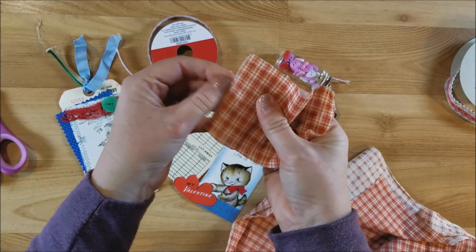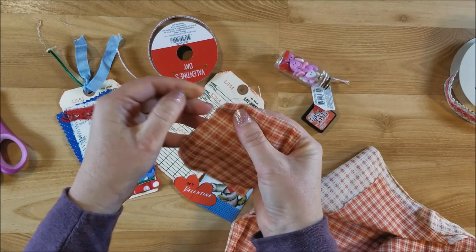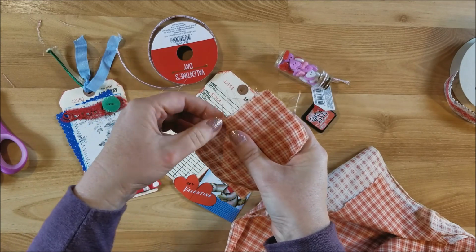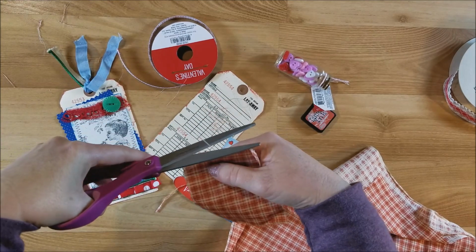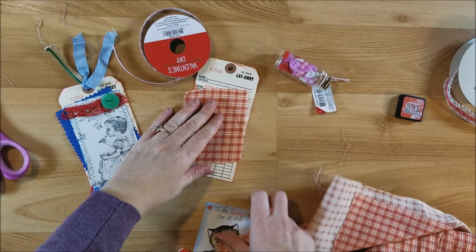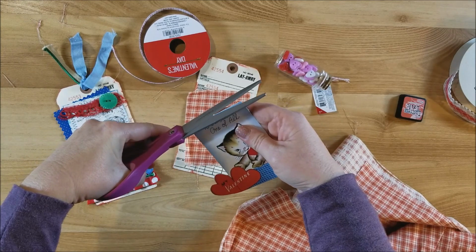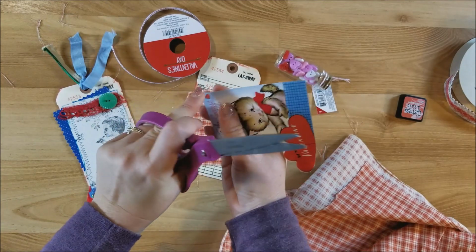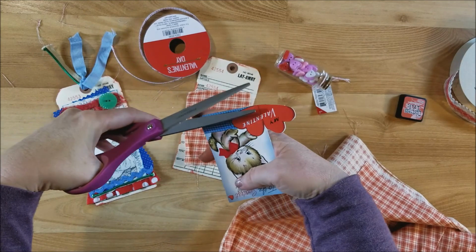I'll have a little bit of the string there. Trim it off a little bit too. So just like that. I'm going to do it kind of at an angle. And this Valentine was the kind that you pop out of larger sheets, so it has those little nubs. So I'm just going to trim those off. And I think I even want to